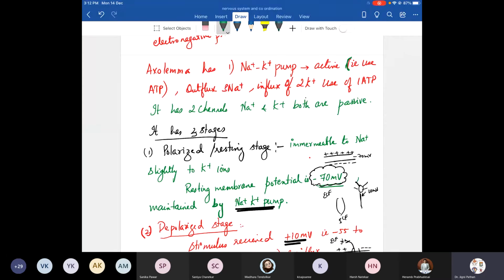Outflux means it throws out three sodium, and influx means it takes in 2 potassium with the use of 1 ATP molecule. It has two channels. One is sodium channel and other is potassium channel, and both are passive. I'll explain what is active and passive again. Please write down these 3 points first. This experiment you need to understand, or the conduction of this you need to understand step by step. So write down axolemma has